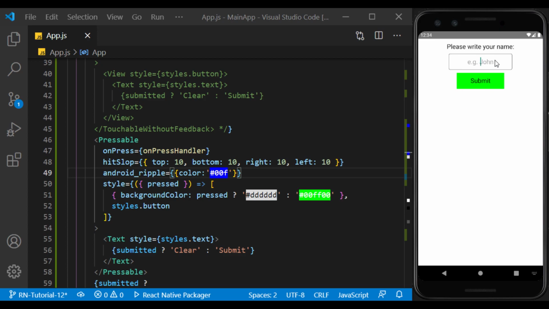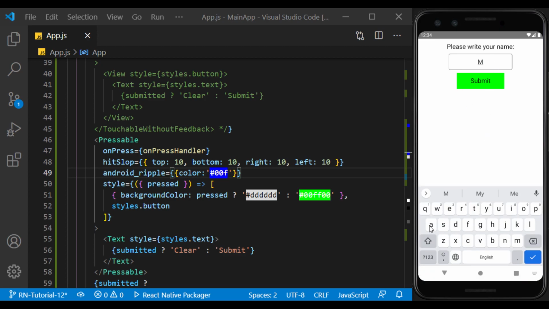As you can see, this component has much better features for use as a button. So there we go, we got acquainted with the components that are used as buttons and how to use them. In the next video, we will talk about displaying alerts and messages for the user.